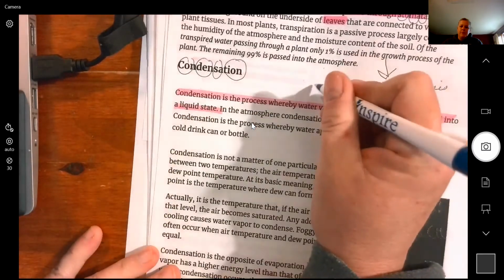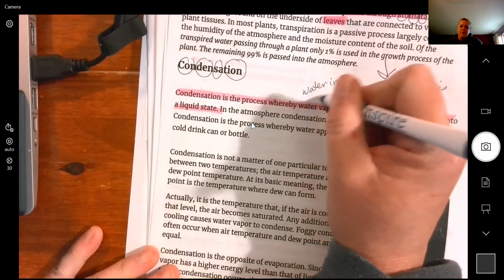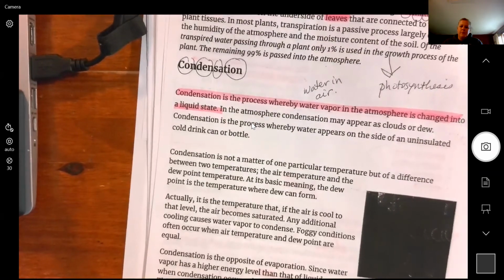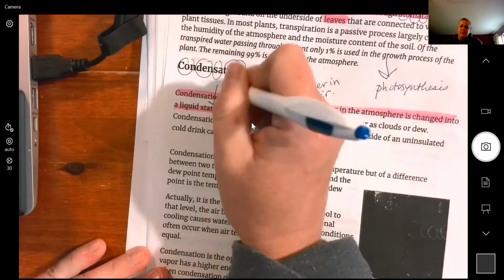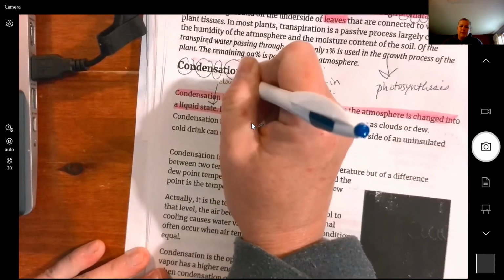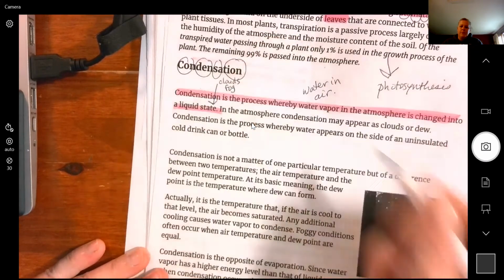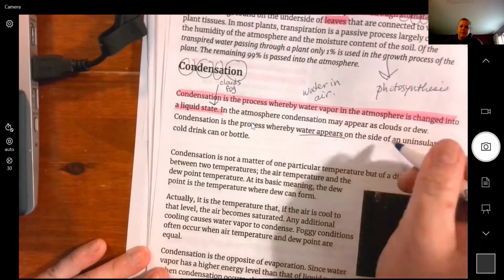Water vapor just means water in the air in a gas state. So we can't see it because we can't see a gas, but we can see it changing back into a liquid. When we see clouds, they're condensing. When we see fog, and then also, your example from real life is when water appears on the side